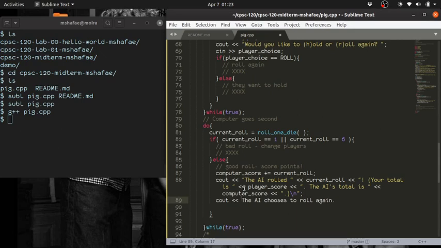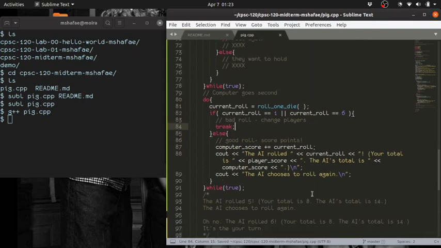And the AI always chooses to roll again, so there's none of that if statement stuff above where we have to ask ourselves, do we want to play again? The AI chooses to roll again, and here's where it would go to the bottom of the while loop, go back up to the top, roll the dice again, and do it over and over again unless it hits a 1 or 6. Now if it hits a 1 or 6, let's work on the computer here. If it rolls a 1 or 6, what should we do? Well, all we need to do is break out of this loop and it goes back up to the upper loop. So we'll use the break keyword,